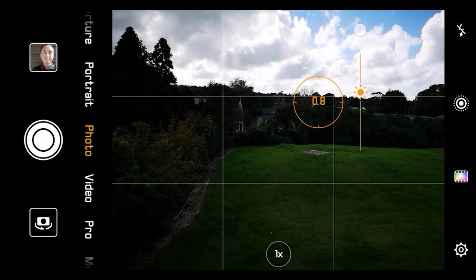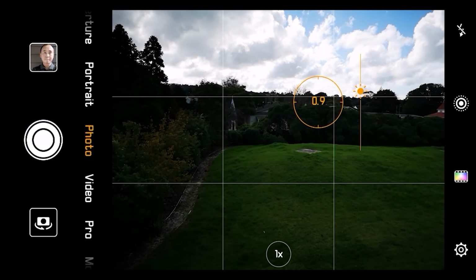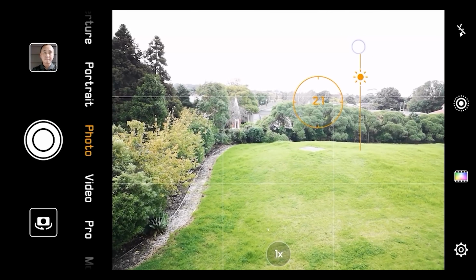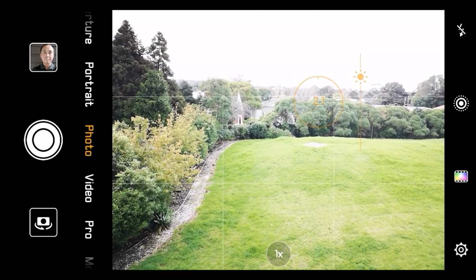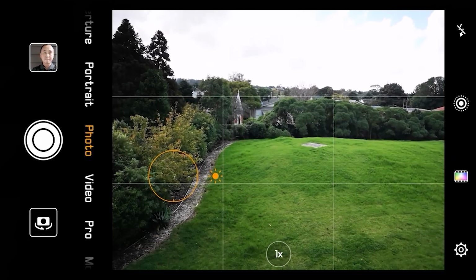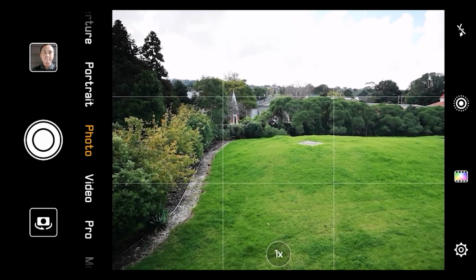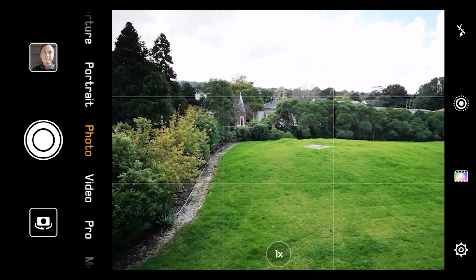But one thing you have to be careful about is that this is only a temporary change. For example, if I adjust to 2.1, it's super bright, quite overexposed. If I tap on another area again, like I tap on here, it will automatically reset back to 0. So be careful if you're using that to adjust the brightness. Make sure you take the photo immediately after that.